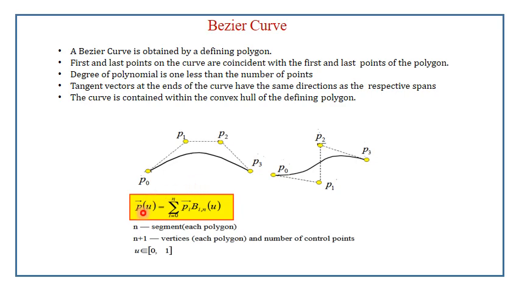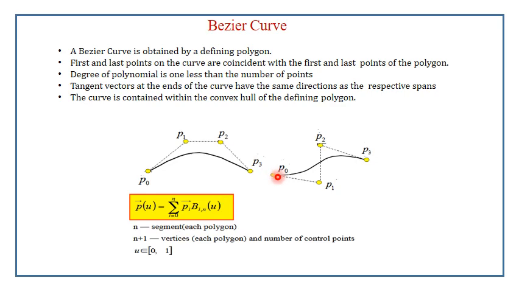And the Bezier curve representation equation is P vector of u is equal to summation of i is equal to 0 to n, P vector of i times b i comma n of u. This b i comma n of u is the Bernstein polynomial. So a curve can be cut down into a number of pieces, and all those pieces can also be represented as Bezier curves. All the sub curves are grouped together to form the final equation through this Bernstein polynomial.